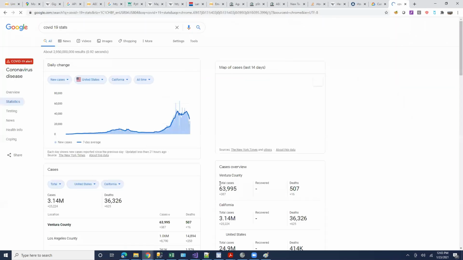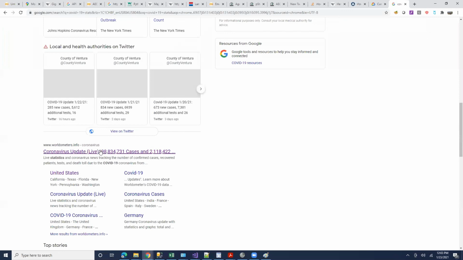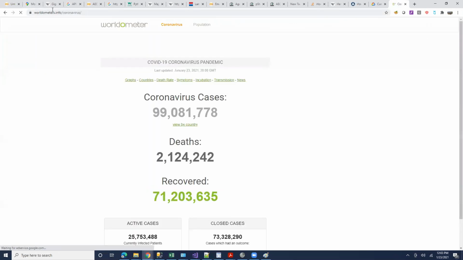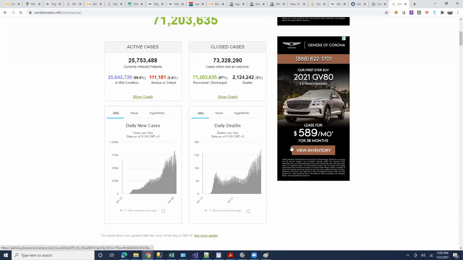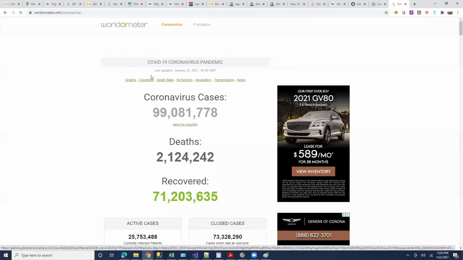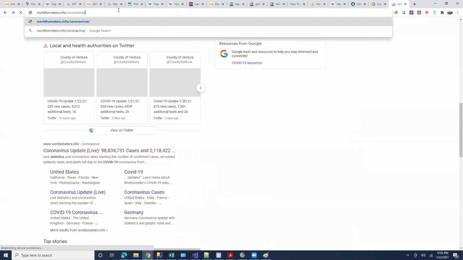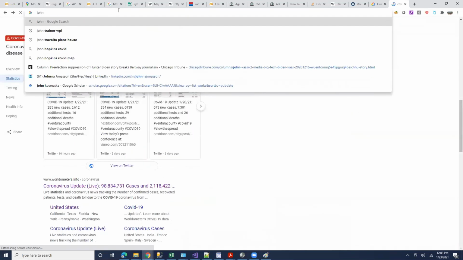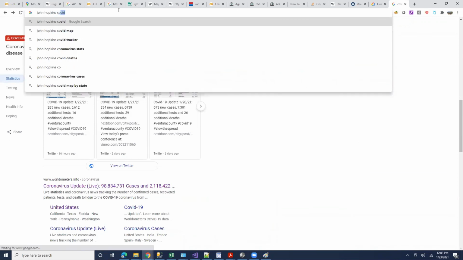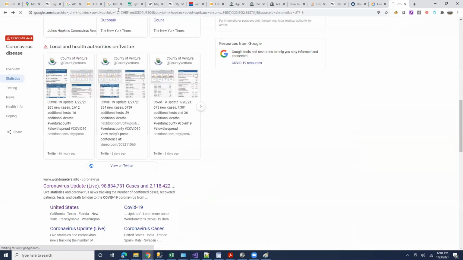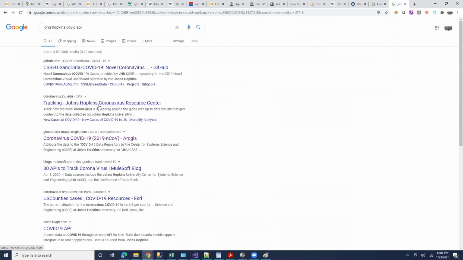stats. There are lots of open databases which have APIs, like Worldometer. I'm pretty sure this has a very smooth API. You should be able to get it from here, or the Johns Hopkins API. At least for the US in the Johns Hopkins API, you should be able to get COVID data. I don't know if they are open and free. That's what I don't know, that's why I don't want to say this is a homework yet. But if the APIs are open and free, then yeah, sure, that's an interesting thing.